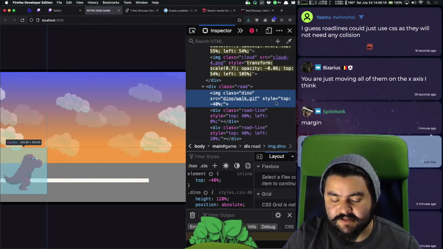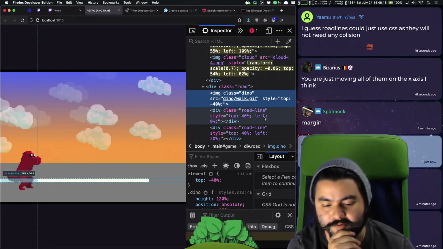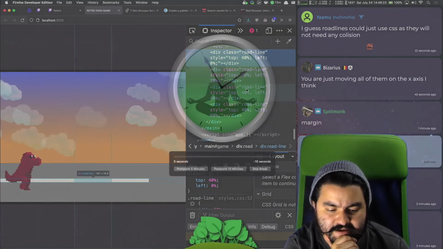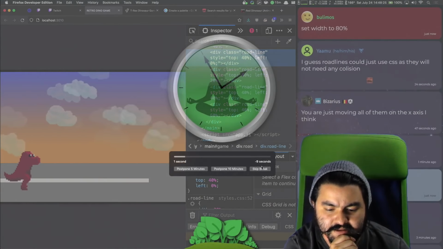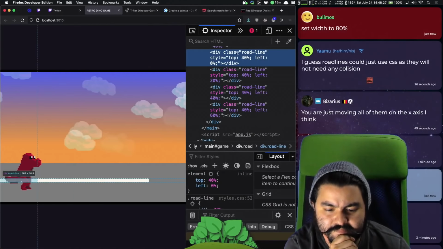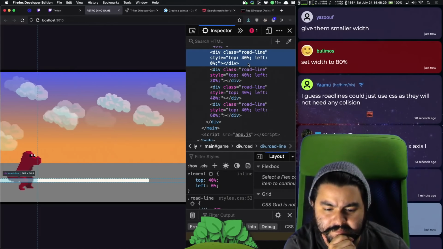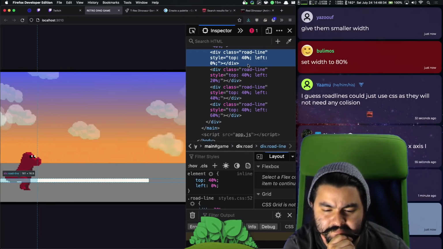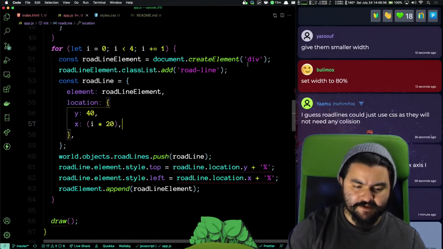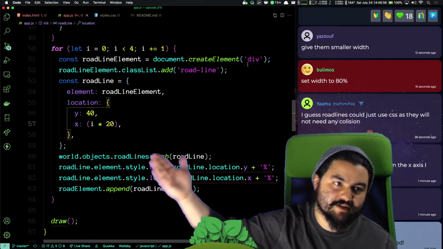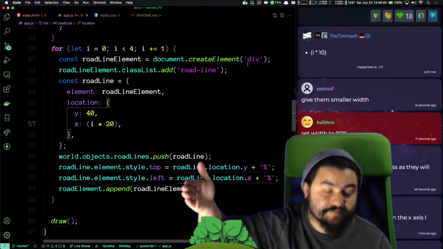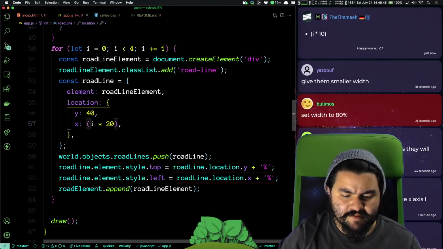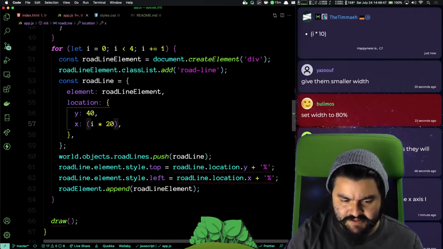Our road lines are going to move though to give the appearance that he's running down the road. But yeah, this is a line. The line, yeah. So all of our lines are there. They just don't have any spacing between them. And I thought that would do it though. So i times 20 is like the offset. So it starts at 0, and then the next one starts at 20, and the next one starts at 40. But then if I add a little bit,